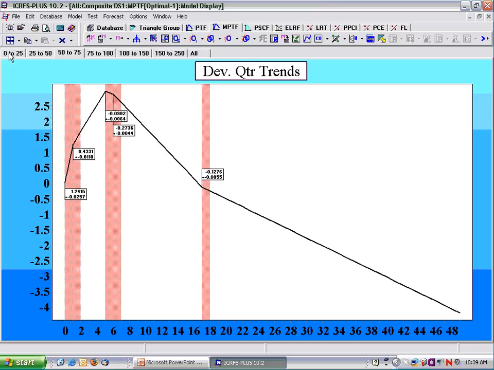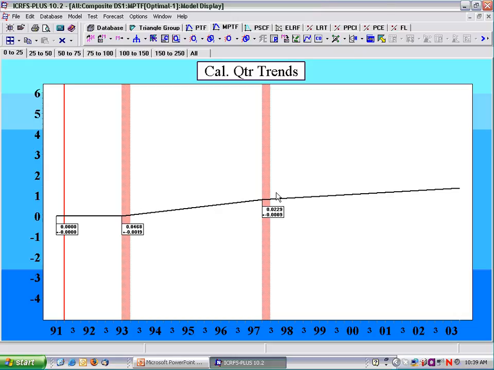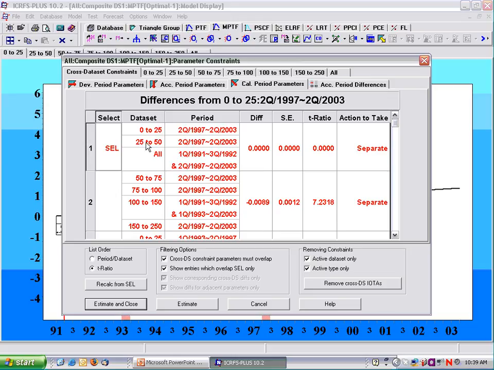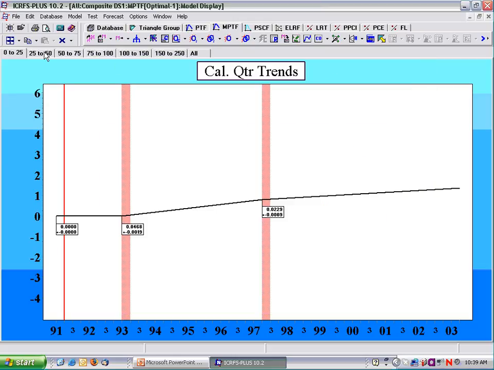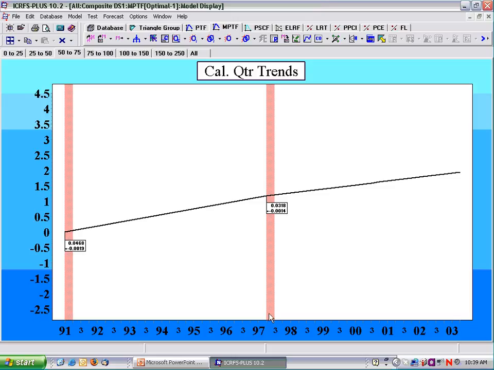Kind of makes sense. If you look at the calendar year trends, for just about each layer there's a change in trend between the second quarter of 97 and the third quarter. For example, 0 to 25, 25 to 50, and ground-up data have the same trend, not just a change in trend in the same period. As you keep moving to higher layers, you can see that the change in trend is always 97 second quarter to third. If I forecast here,